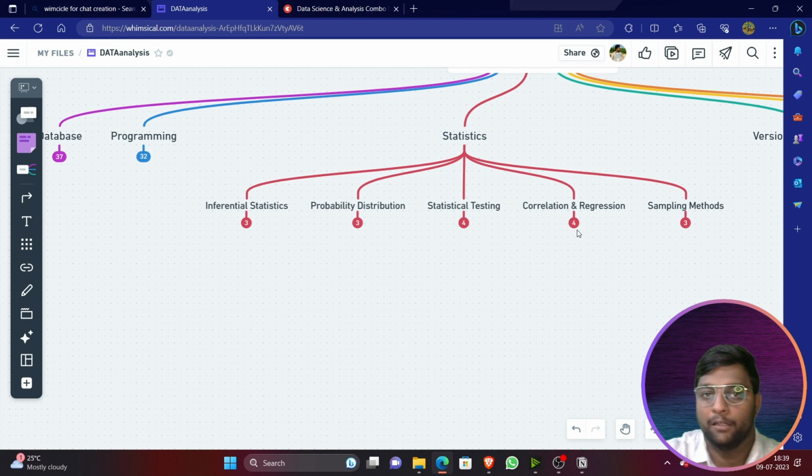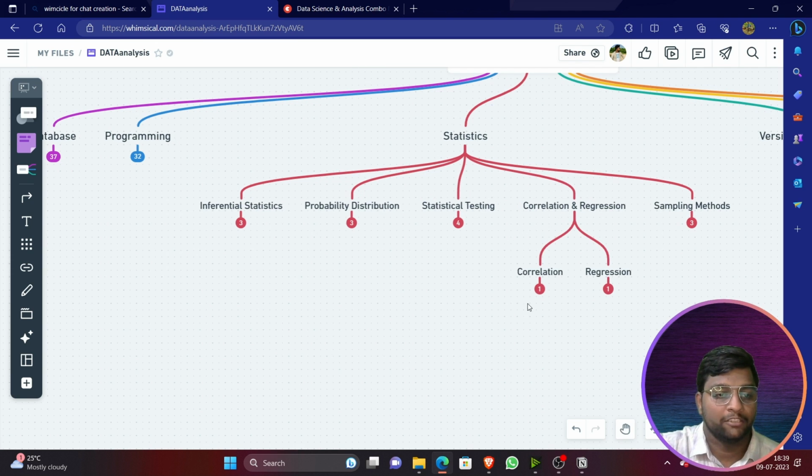Whatever you are reading about statistics, you will not be doing it mathematically. Don't worry, you will not be working mathematically and solving the problems. You should know the maths behind whatever testing I am talking about, chi-square test, ANOVA test. For everything in Python, the libraries are already available. You can use those libraries and within seconds, the Python programming language will perform the calculation for you. You don't need to remember the mathematical and practical implementation, but you should definitely know how you are going to do it. That's all.